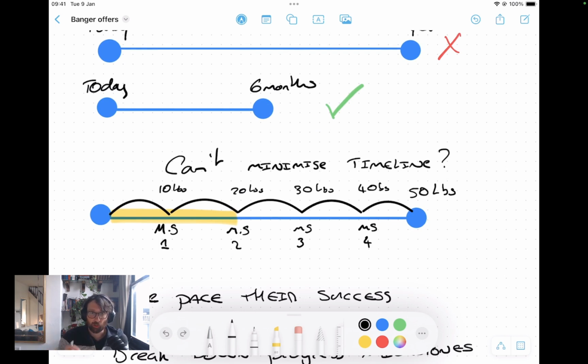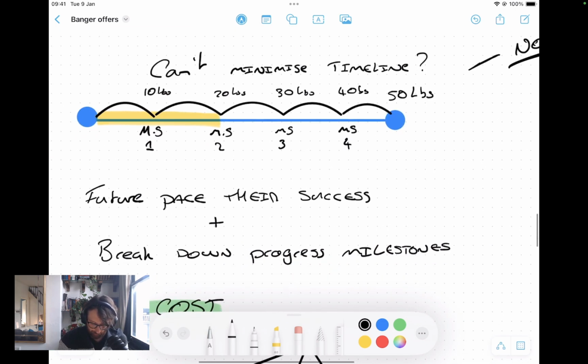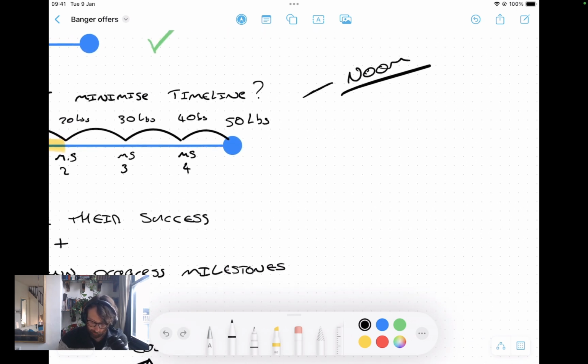These are essentially little sprinkles of success that keep people motivated and feel like they're on the right track. I mentioned in the last video as well, we did a big analysis of Noom, and this is essentially called future pacing. So you future pace their success and you get them to envision where they will be and when. What Noom does is when you're going through their onboarding, they do a graph and they say, you're here, your dream weight is here, month 1, 2, 3, 4, 5, 6, whatever it might be.